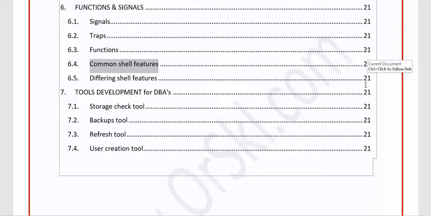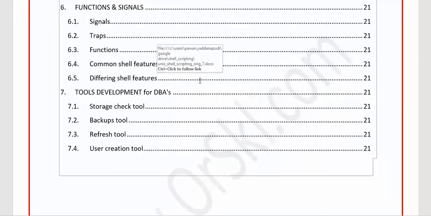So there are common commands which work on all platforms or all shells available in the market, and there are also commands which don't work depending on the shell that you have logged in to. We are going to understand what they are in a tabular format in this topic, along with the features of the shell which are supported on one and not supported on another, in a very good tabular format, so that you can compare then and there whether a command works fine on Bash, Bourne, Korn, and also C shell.